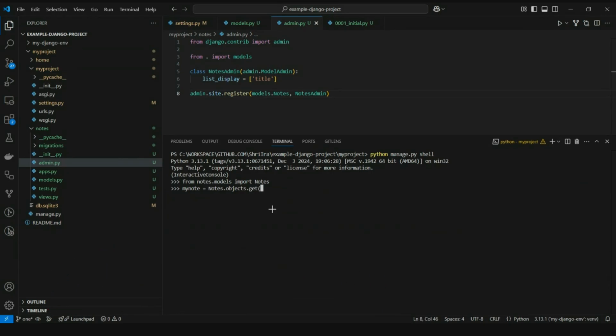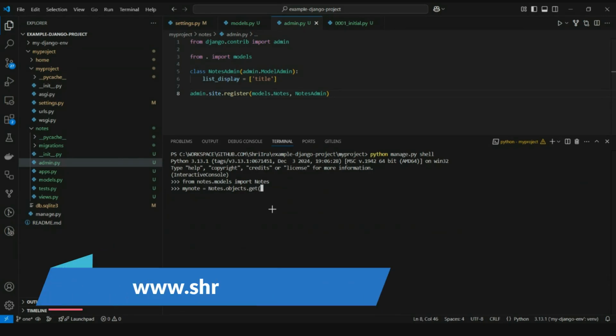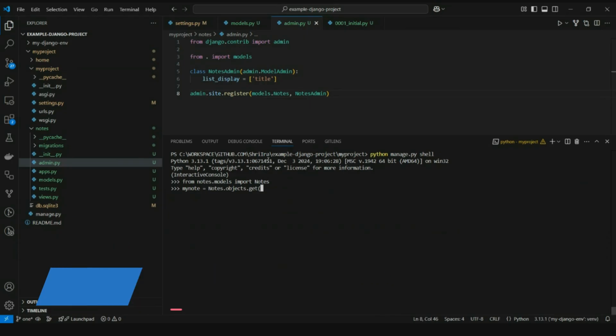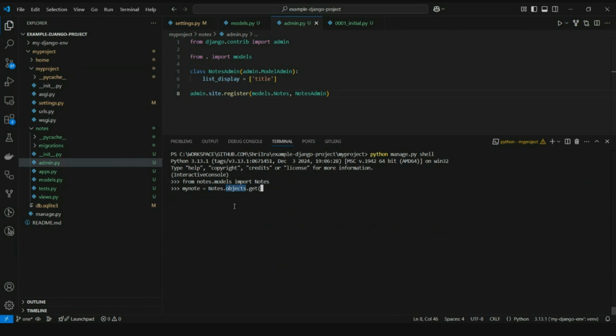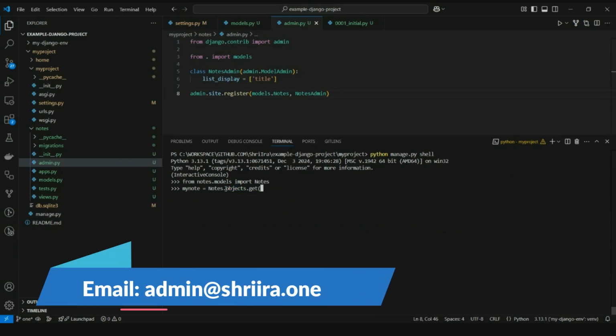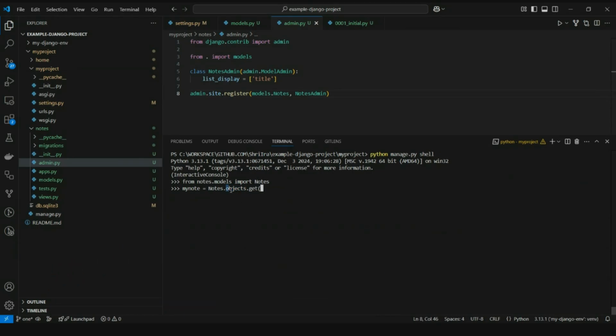So this is what we are doing to get the existing node. So I'm actually getting the existing node. We have saved one node from the admin interface that I'm trying to retrieve through this command. So by default, nodes models will have a data object called objects that will allow us to query the database. So all operations we'll do on the nodes objects is through this